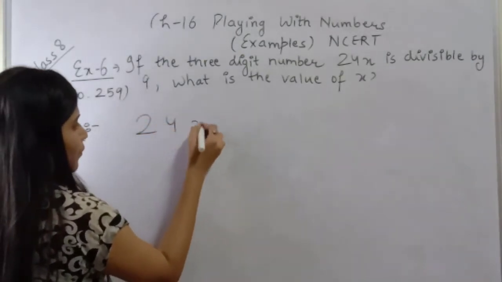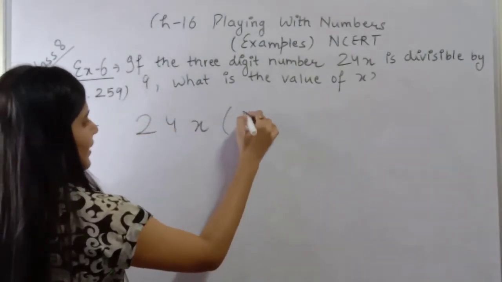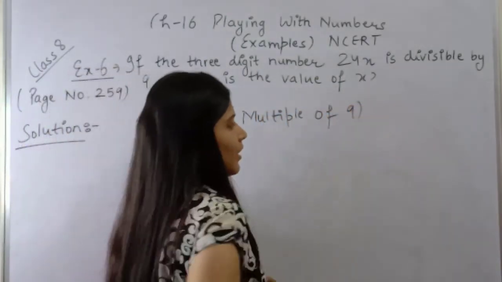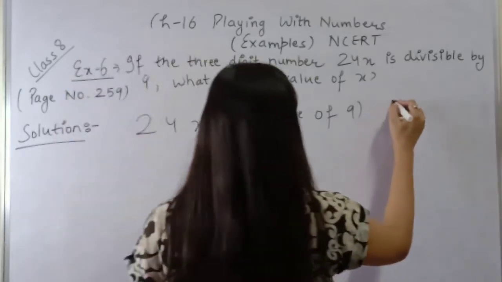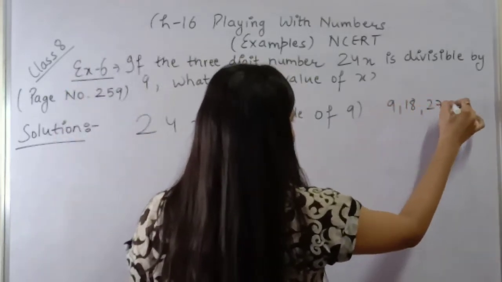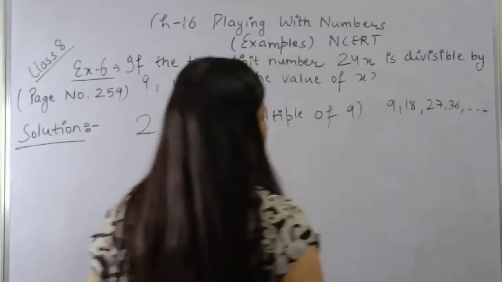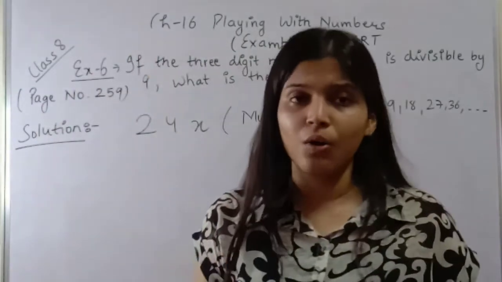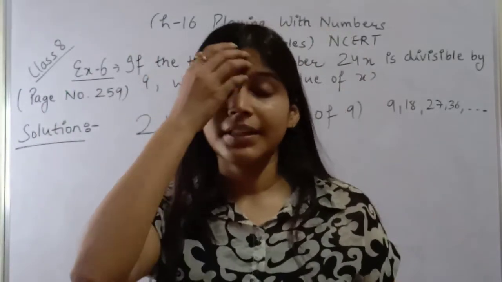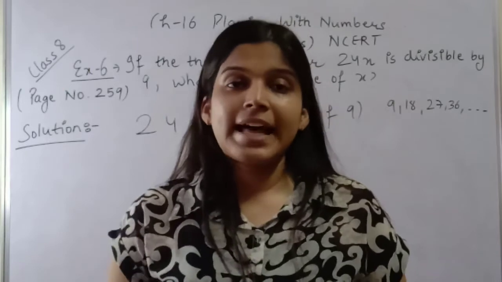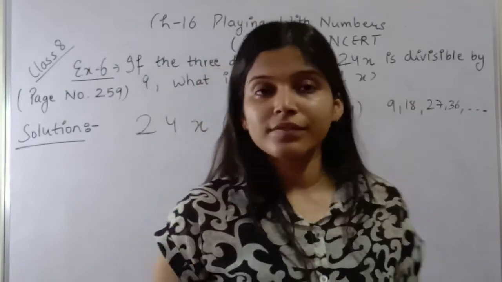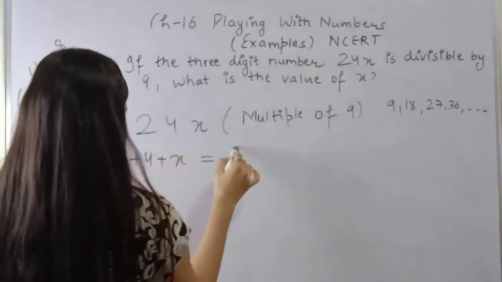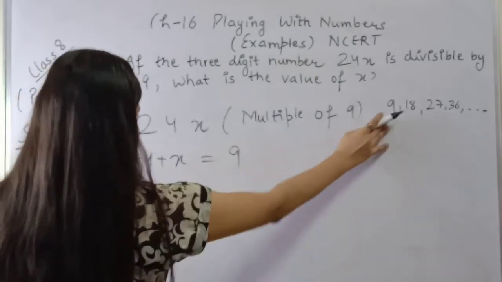मतलब एक नंबर है 24x और हमें गिवन है कि ये मल्टीपल है 9 का, डिविजिबल है 9 से मीन्स मल्टीपल है 9 का, ठीक है। सो 9 के मल्टीपल्स होते हैं 9, 18, 27, 36 और सो ऑन, ठीक है। सो अब हमें चेक करना है कि x की वैल्यूज क्या क्या हो सकती है। सो फॉर दैट वी नो दैट वी नीड द डिविजिबिलिटी टेस्ट ऑफ 9 which says that the sum of all the digits should be multiple of 9. So this will be 2 plus 4 plus x equals to 9 करते हैं पहले, ठीक है, because first multiple is 9.